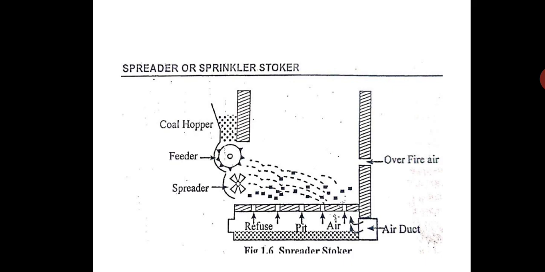Then a part of the charge is burnt in suspension. Because the coal is fed from the top, while coming down also part of the coal is burnt, and hence fly ash is discharged with the flue gases. This necessitates a suitable fly ash collector system. When the coal is coming from the top and the flame is going from the bottom, some part of the coal is burnt, and it has a tendency to form fly ash. Fly ash means the ash which flies, lightweight. Otherwise it is called bottom ash.